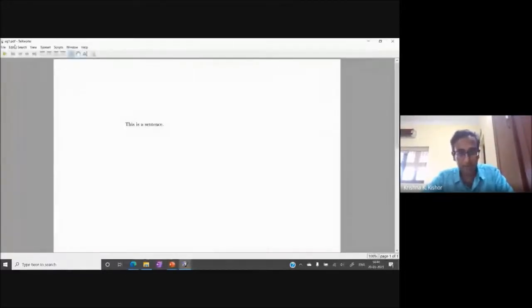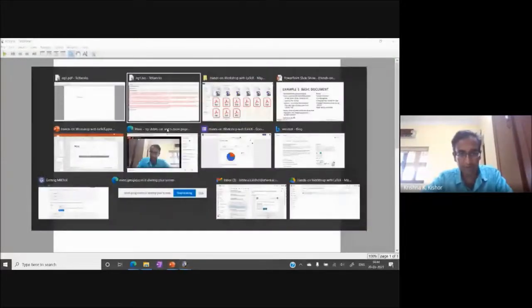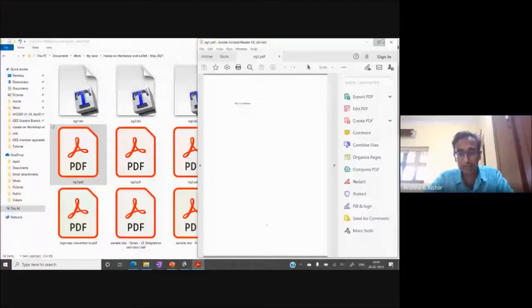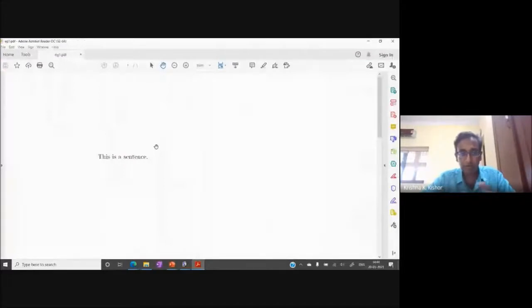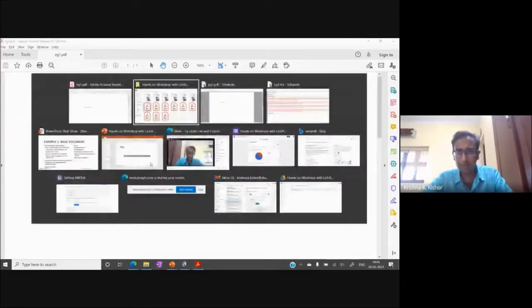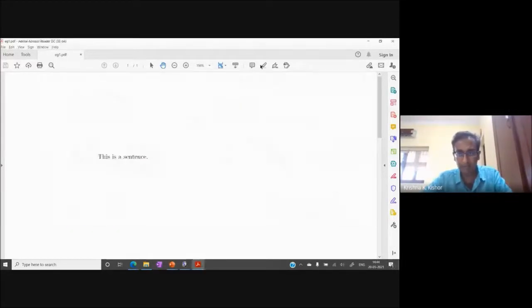You can also see it in Adobe, if you have Adobe installed. So this is a sentence. This is the first thing that you do, and that's it. This is what you wanted. You have used the default options for the page margin and everything like that, and you're only focused on the content part. I will not be opening Adobe because there is a built-in PDF viewer here, so I'll be showing it to you in this editor.